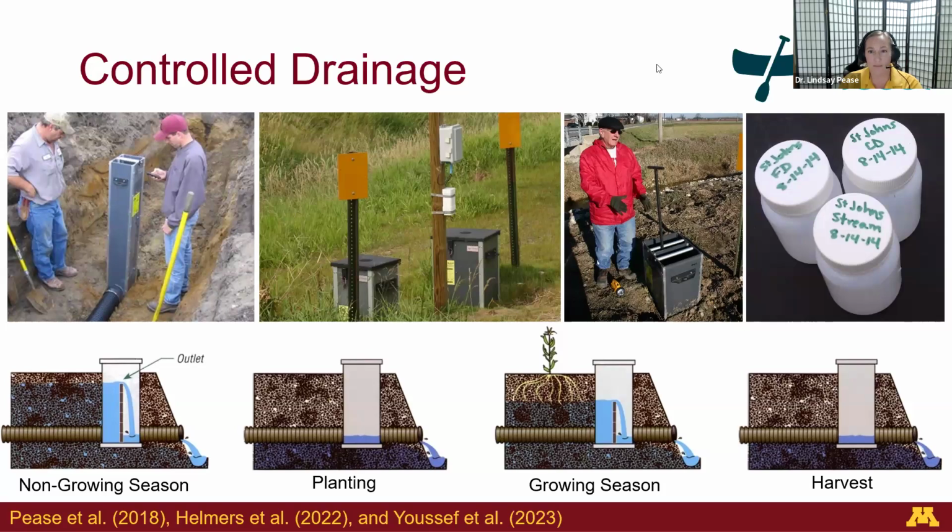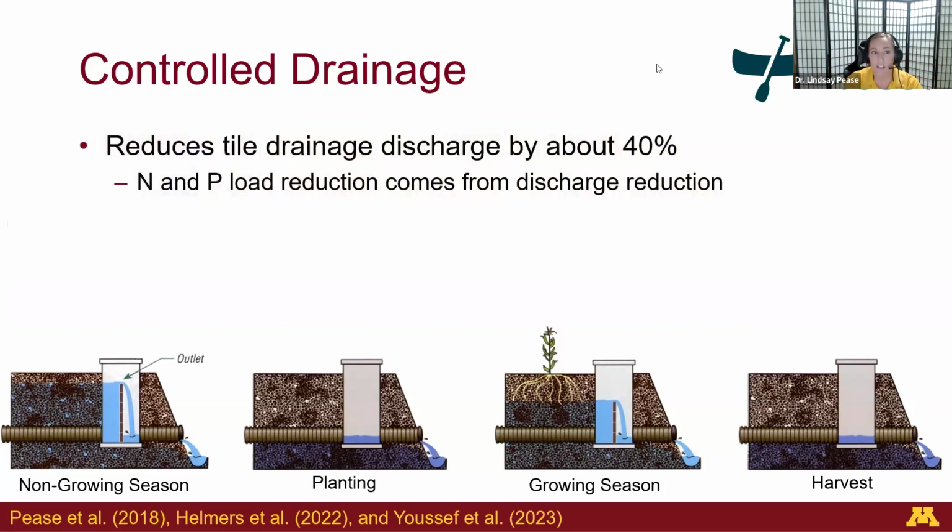And so at the bottom, you see some different graphics of the different management strategies during the non-growing season. You still need a little bit of an outlet just for when things are really, really wet, like during snowmelt periods. You still need to be able to have the surface outlet or the drainage system outlet a little bit. But during planting, it can be free flowing. You stack it up in the growing season again, and then you let it freely drain at harvest. Now, what we have seen through doing research across all the Midwest, spanning even to North Carolina.